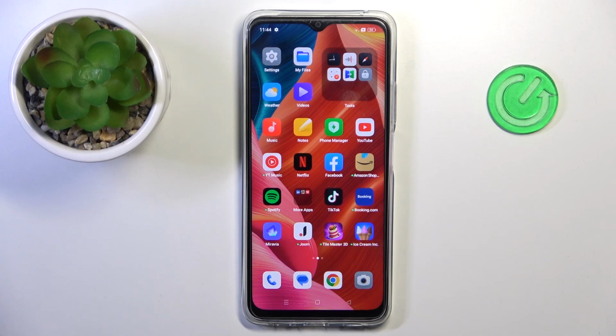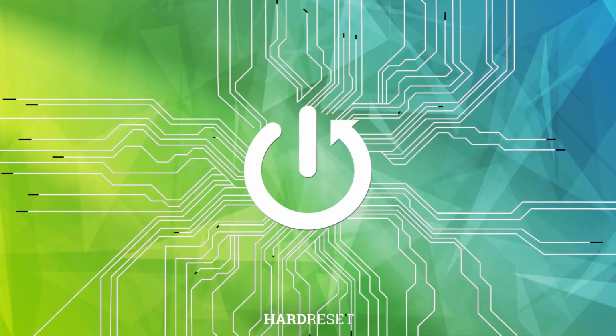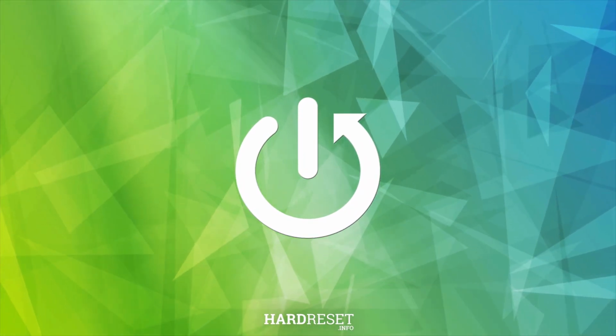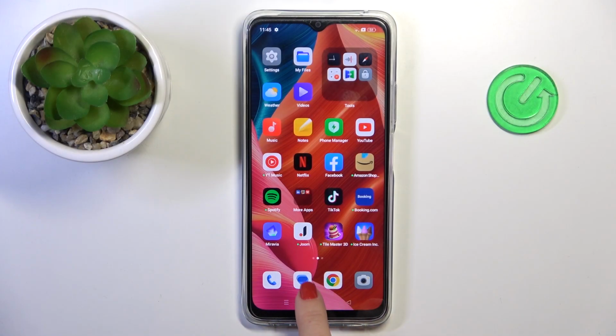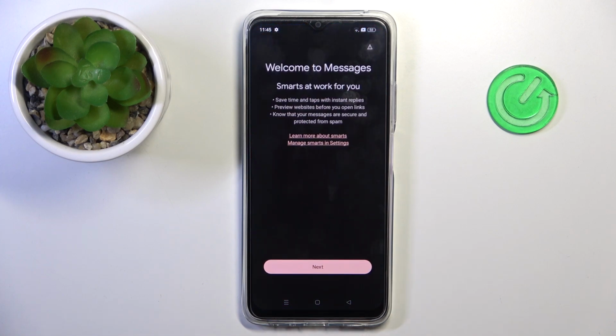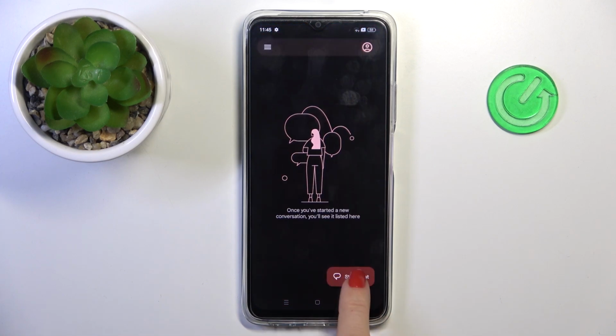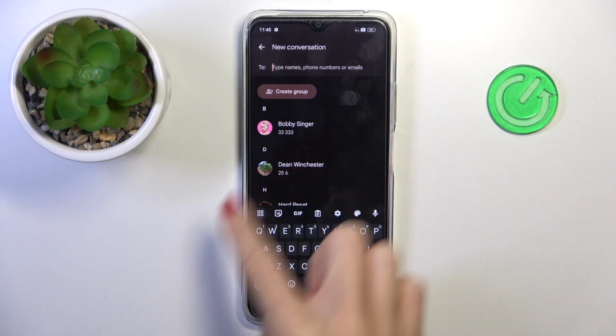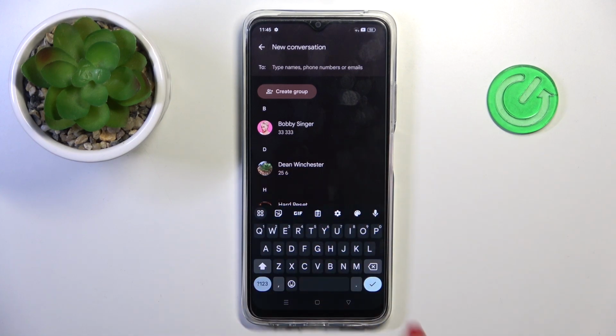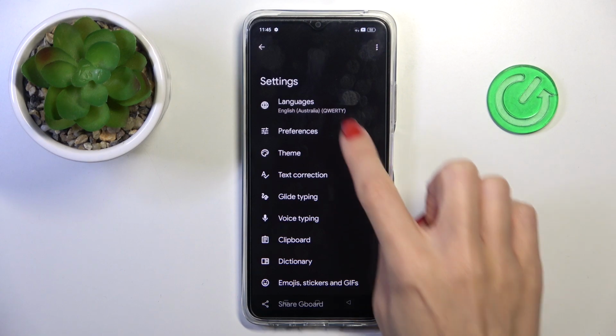Hi guys, in front of me is OPPO A2x and let me show you how to change keyboard language. First of all, open new message or any other area where you've got access to your keypad. So this is the panel that we need to open, and now just click on the settings icon, click on